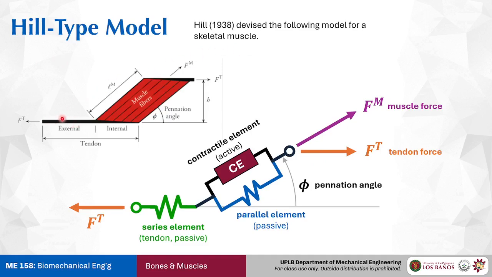So Hill's model is assuming that we have pennate muscle. So there's a pennation angle here. If it's a parallel muscle, you can just reduce the pennation angle to zero. Now for each and every muscle group, you can dissolve it into two components, or rather three. There is the tendon, which displays some springy characteristics, so hence the spring here. And of course, your muscle fiber is also made up of connective tissue. There is some springiness to them, but the main action is happening here in the contractile element.